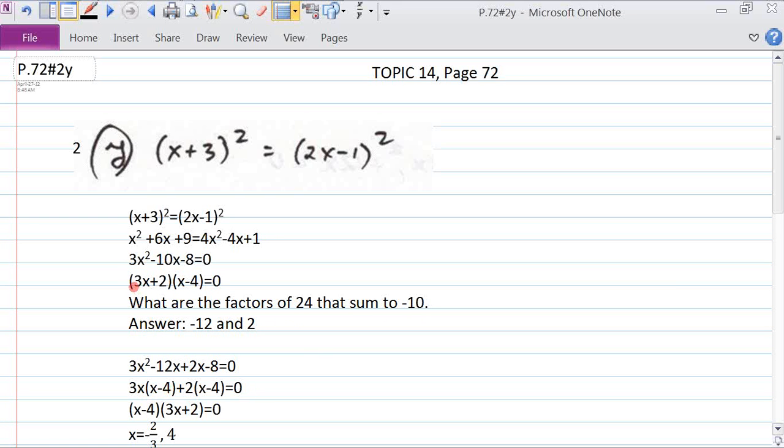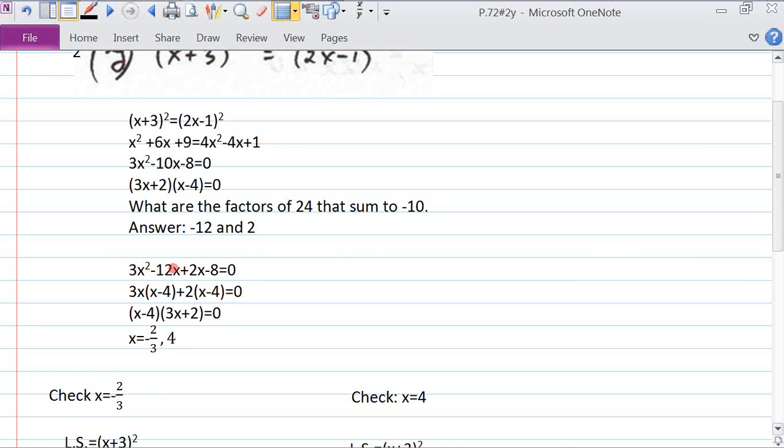It's just a more stepwise fashion than here, where I just tried 3x and x and tried various factors here that worked out to the minus 10x. This is more systematic. So I know minus 12 and plus 2. The order doesn't matter. I could do plus 2 and minus 12. It'll still work out. Minus 12x plus 2x. And now,